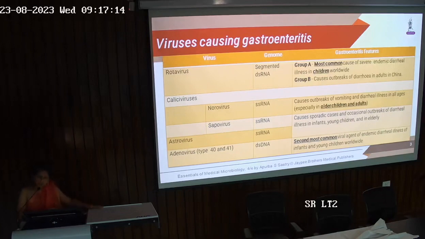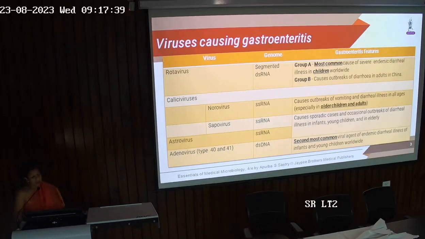Then what are the other causes of diarrhea? So your long question would be like, what are the various viral etiological causes of diarrhea, or what are the causes of diarrhea? So when it comes to causes of gastroenteritis, you will say bacterial, viral, fungal and protozoal. In the virus, you will name all these viruses. So one is rotavirus. What are the other viruses, team C? Number 2 is